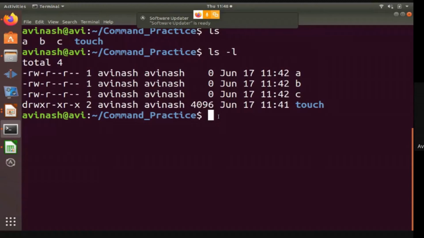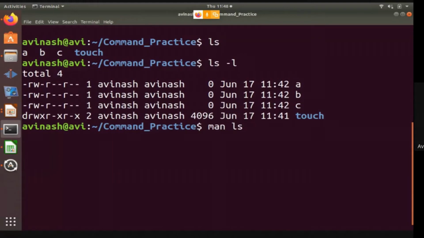So let me tell you at the start the command by which we can take help. The command is man. Man stands for manual. It will display the complete manual about the commands or system calls in Linux.